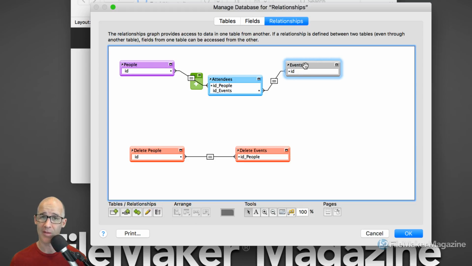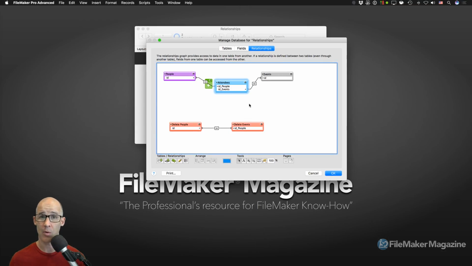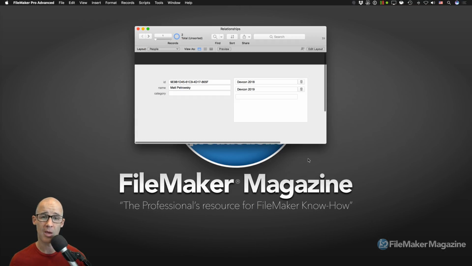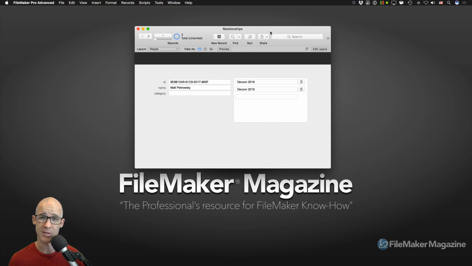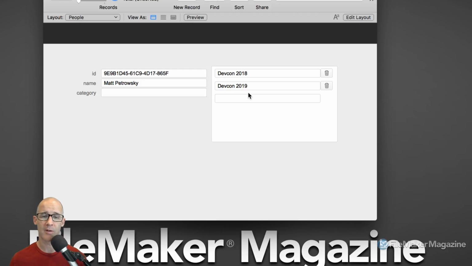Formerly we had them directly connected to each other, which is not what we want because it's not the most optimal solution. It doesn't normalize the data, as they say. So we threw in the attendees, and now we are using a portal in order to display the data. So it goes without saying that we should know everything there is to know about portal options. Now, the first thing that we're going to learn about today is, number 1, a portal is